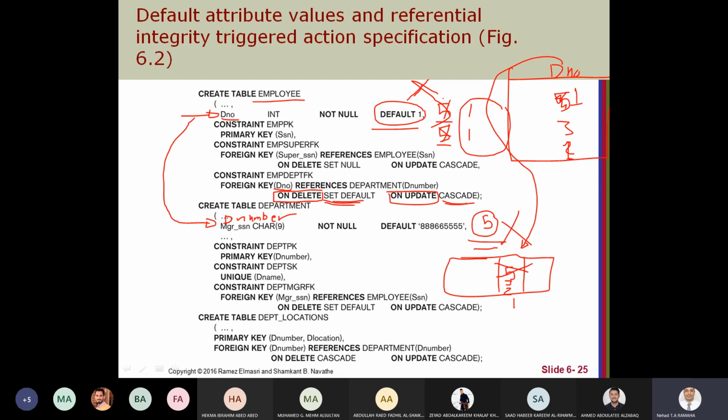I mean the reference value in the primary key does not exist, then this operation, or even any other operation for deleting a primary key from department number, will be rejected if department number 1 does not exist. Okay, I think it's clear now.